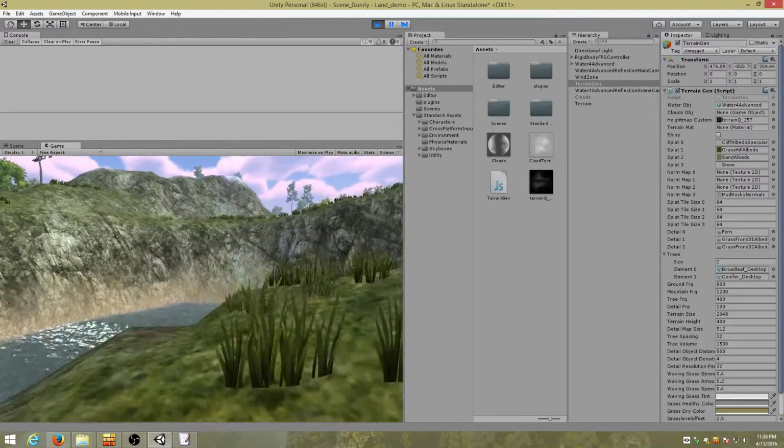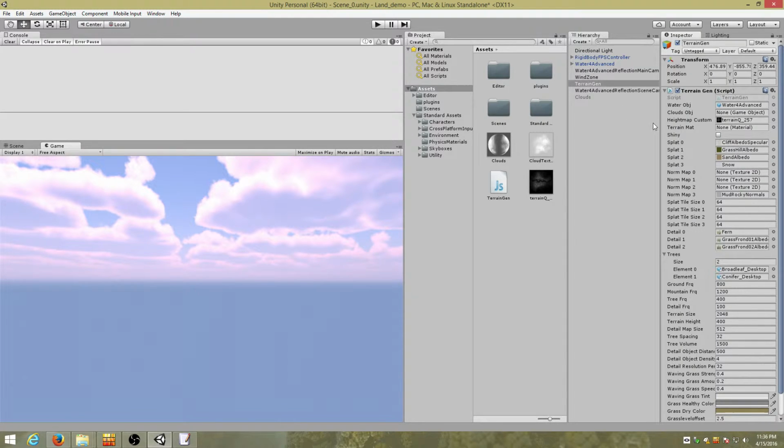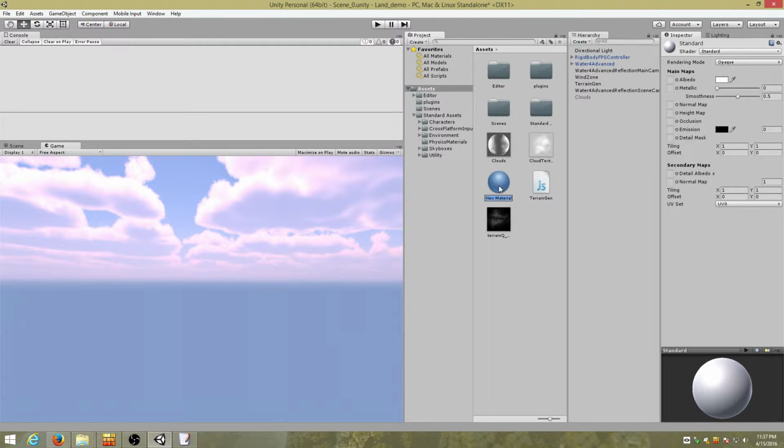I can point out a few more things. Dealing with the terrain materials, in this case you can use a custom one. I think by default it uses the standard terrain material, which is built into Unity. But if you want it to have a custom material or shader, you should be able to attach that here. In fact, we're going to create one. Call it material. Call it terrain